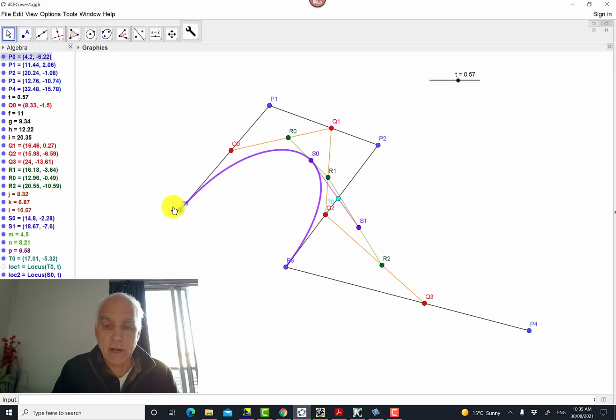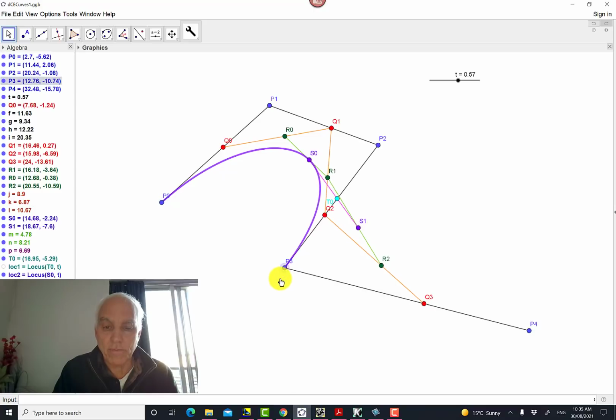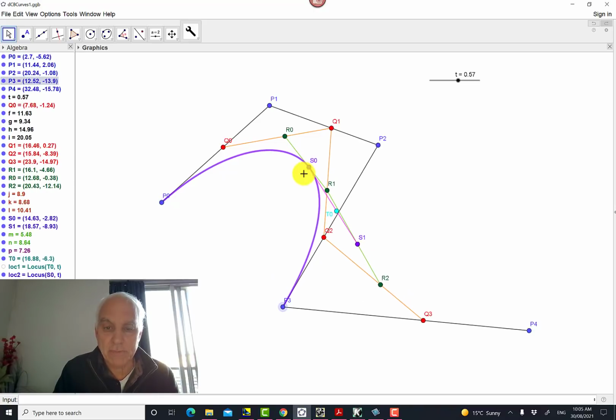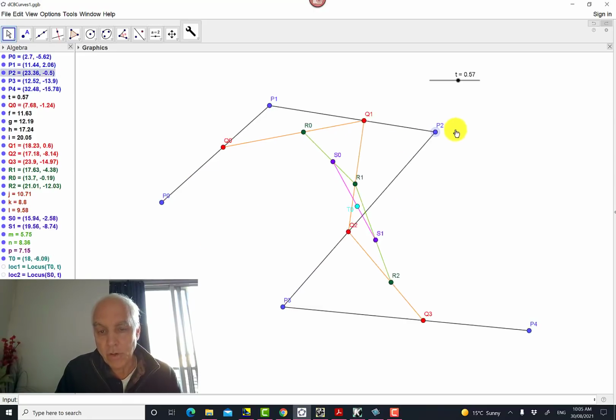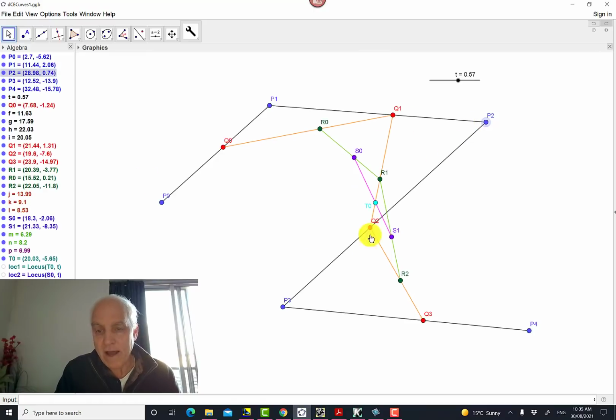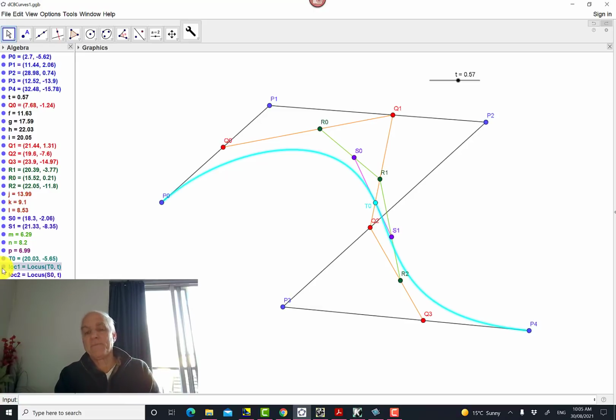All right, great. So now let's just go up to our final thing. So we've just been talking about the locus of S0. Let's turn that off and return now to one higher dimension where we look at all 5 control points. So now we also have an R2, R0, R1, R2. We have an S0 and now an S1 as well. And then correspondingly between S0 and S1, we have this T0, which we've already seen. And if we turn the locus of that on, then we get that quartic DCB curve.